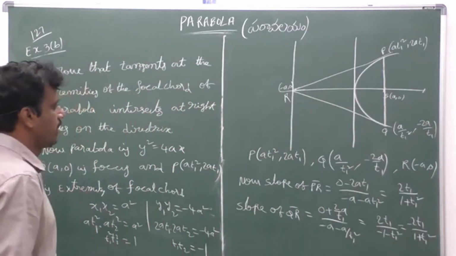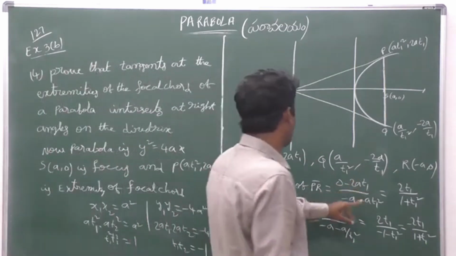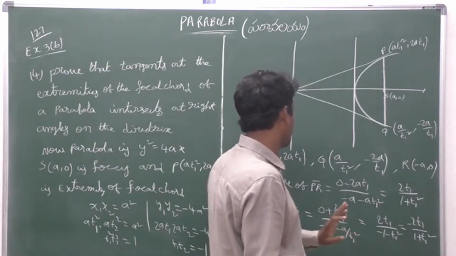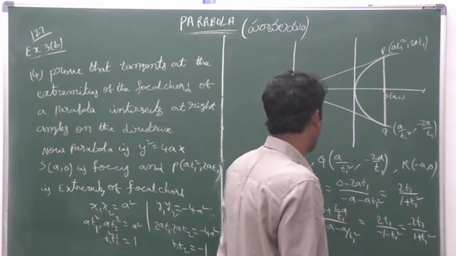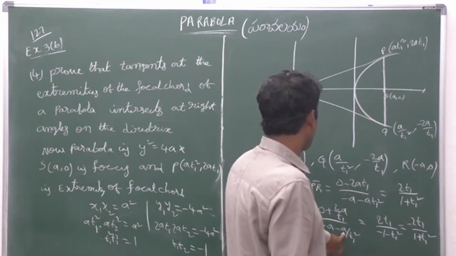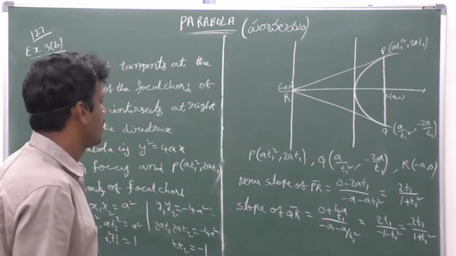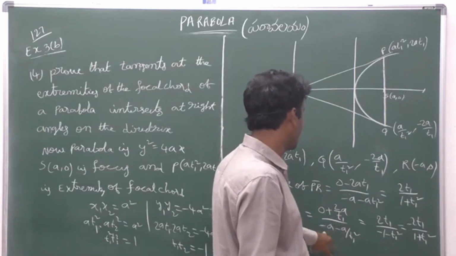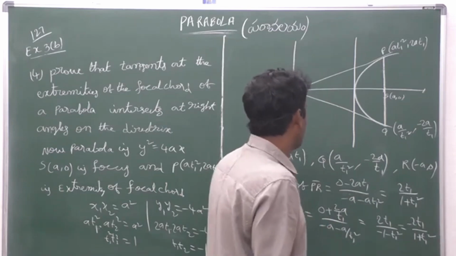That is Q point, on the parabola y² = 4ax. PR slope is (y2 - y1)/(x2 - x1), and QR slope is likewise (y2 - y1)/(x2 - x1), giving 2t1/(1 + t1²). Here with a/t1² and 2a/t1, a/t1² + a, then 0 minus 2a/t1, 0 plus 2a/t1, t1 cancels, 2t1/(1 + t1²). Now the problem is,